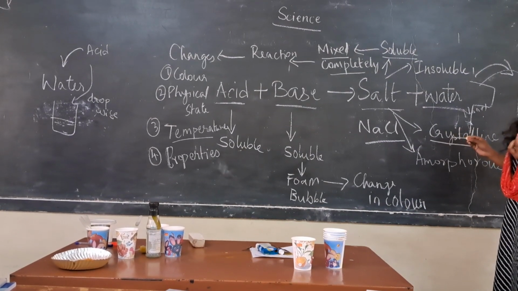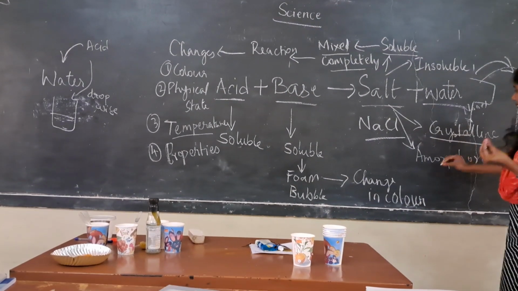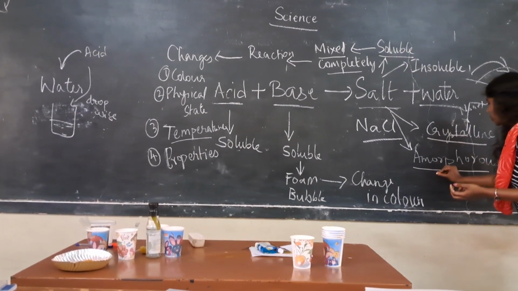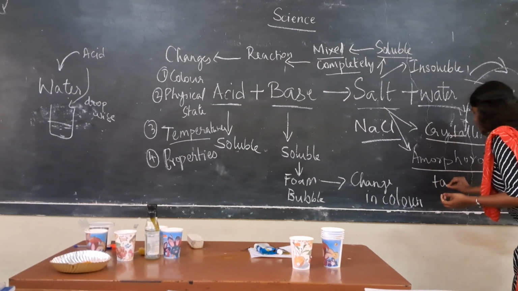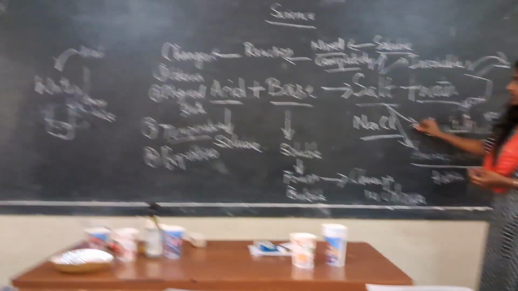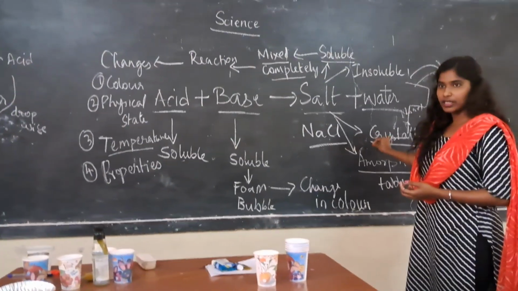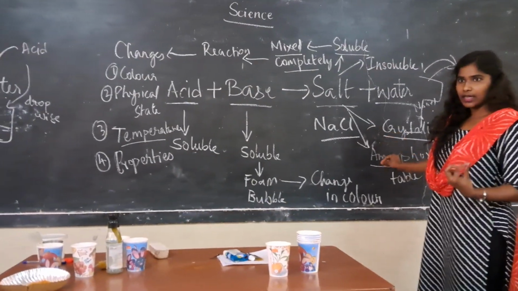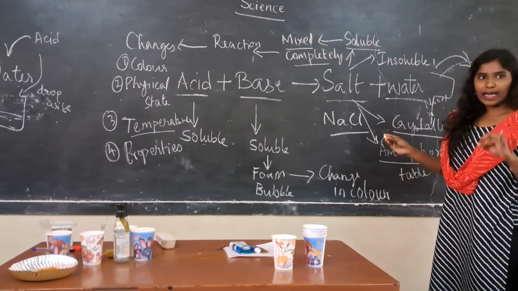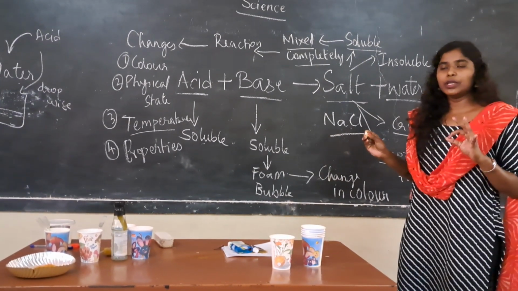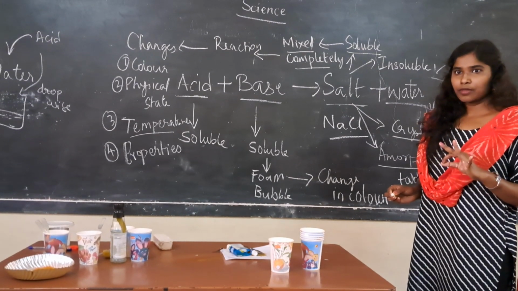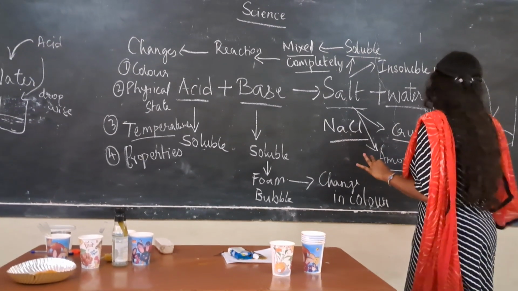Your rock salt, you have seen? And the same thing, amorphous means in powder form. Very easy. So whichever is your table salt will be one example, and this one will be rock. So the salt can have two different properties. It can be crystalline or amorphous. So if they ask you for the definition of acid, base, salt, all of you will be able to write. Can you define what that material is? When you are writing the definition,